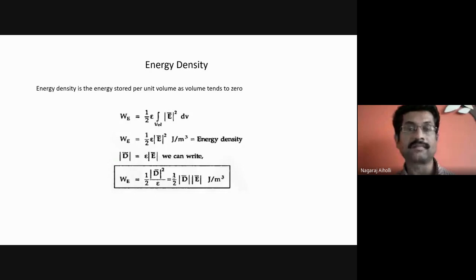Sampath Kumar. Are you here, Sampath? How much will you get? D square divided by D by E. Janvi? What is the answer you are getting? Note it down. Yes, please. Come on, tell me. D square divided by D by E is how much? D square divided by epsilon, sir.